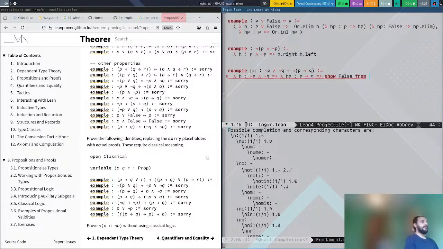So yeah, we can do that. We can show false, but to show false we need P somehow. So show false from, how do we get P here, right? So we can do h dot right. For this h dot right we need to also give h dot over q, because the h dot right is neg q, right? And we need to also